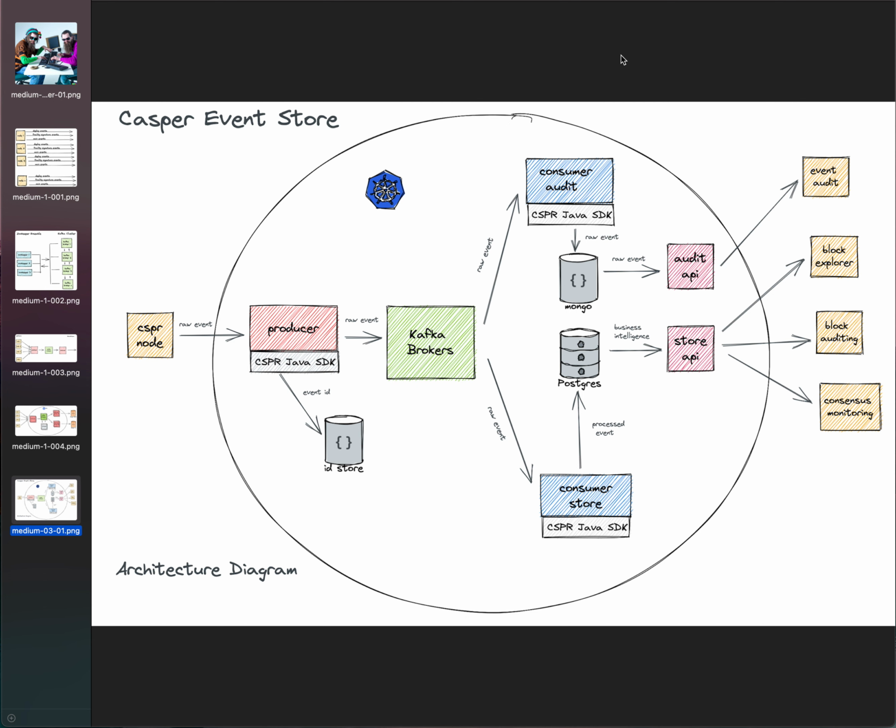Once there, we've got a store API, which provides endpoints for such applications as Block Explorer, block auditing, consensus monitoring, and I can show you the Swagger endpoint of that store API in a moment. For now, I'll just show you what Kubernetes is doing. So if we switch to Kubernetes here,